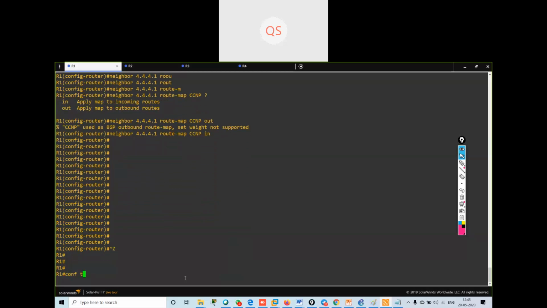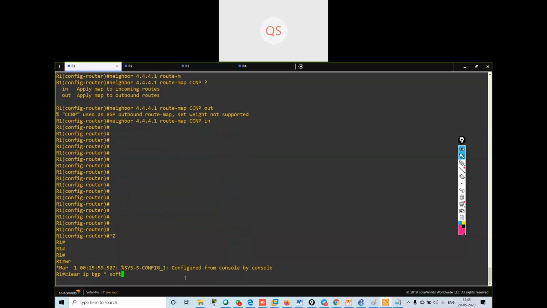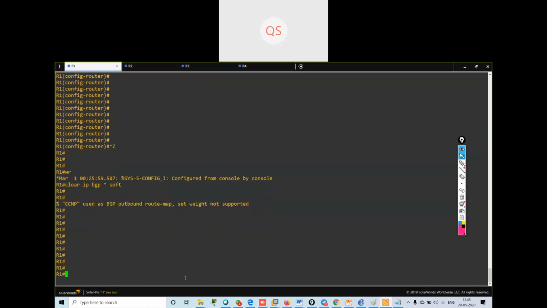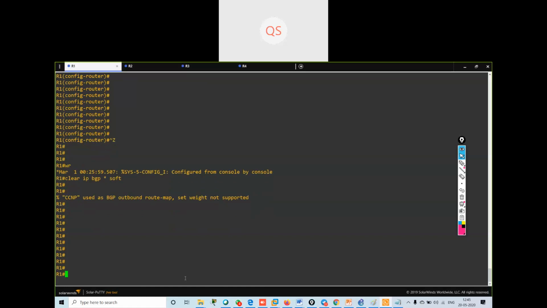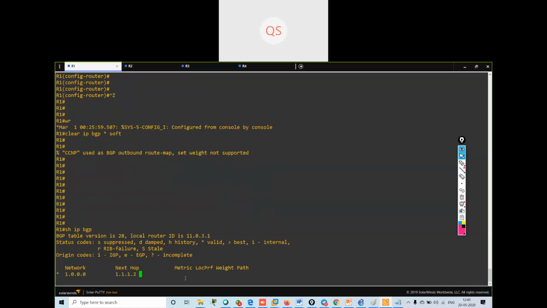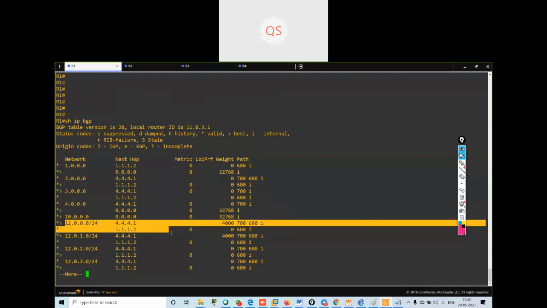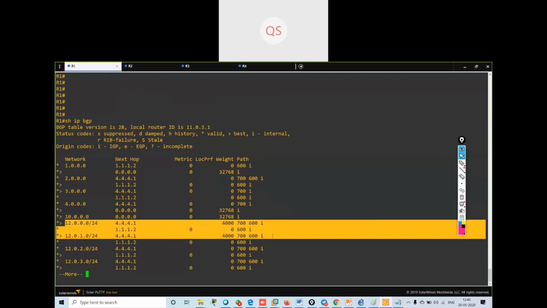Now what I will do, I will clear the BGP process. So I see show IP BGP. I should get the two routes from different neighbors. See, this 12 dot network is using 4.4.4.1 and the rest also.